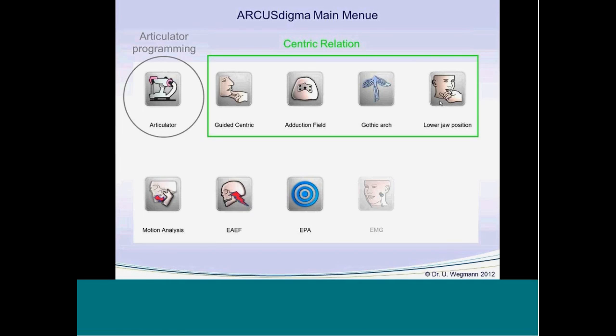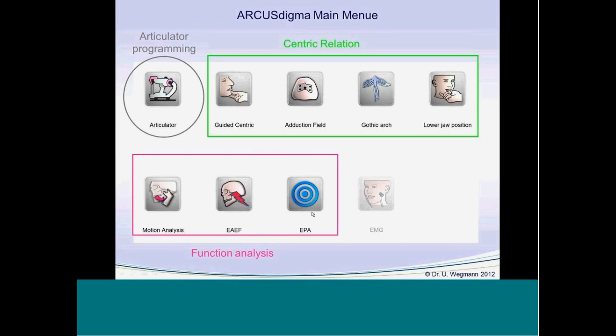This upper row here is for therapeutical use. Additionally, you can find this lower row here for function analysis, for diagnosis. And for this we have motion analysis and the position analysis.